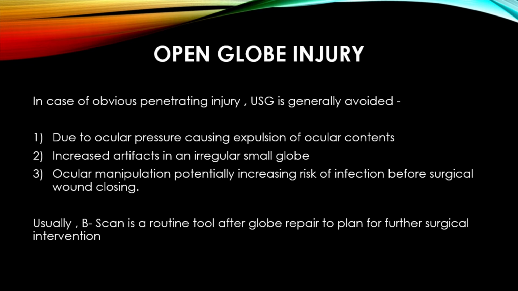In case of open globe injury, the USG is generally avoided because, due to the ocular pressure, there could be expulsion of the ocular contents. Then there would be increased artifacts in case of an irregular small globe, and further ocular manipulation could potentially increase the risk of infection before we perform any surgical wound closure. Hence, B-scan is a routine tool after globe repair to plan for further surgical intervention in case of posterior segment